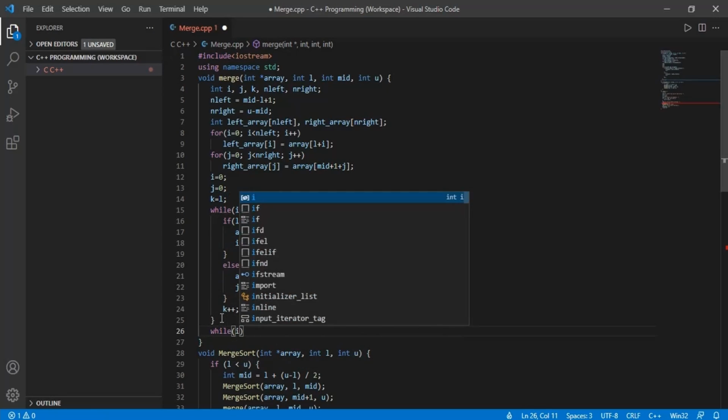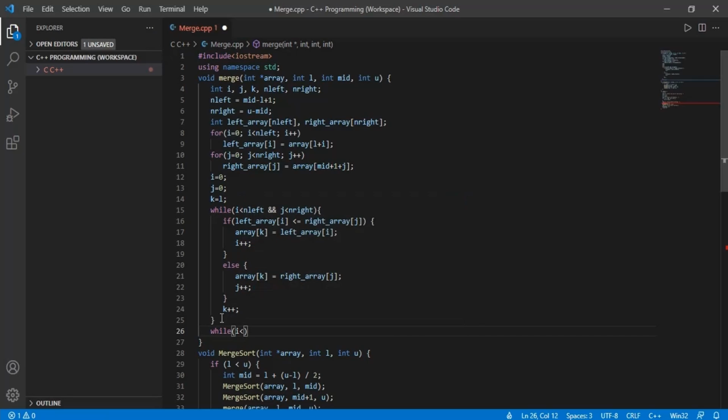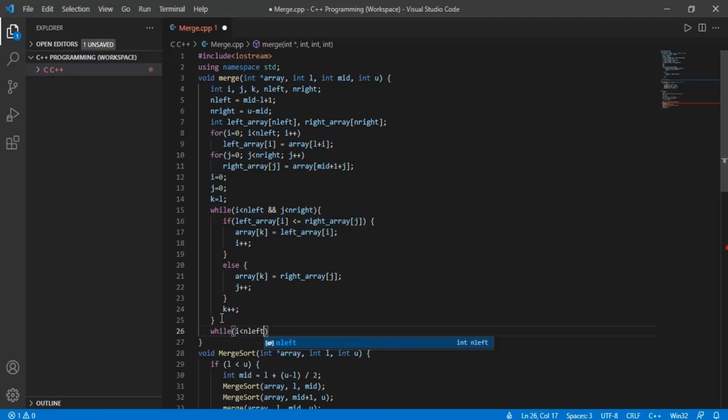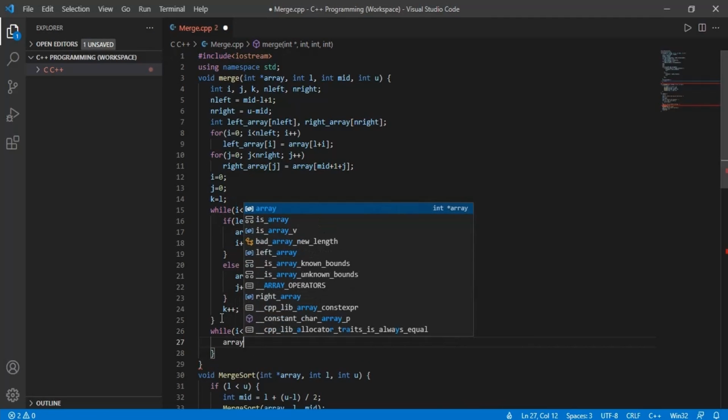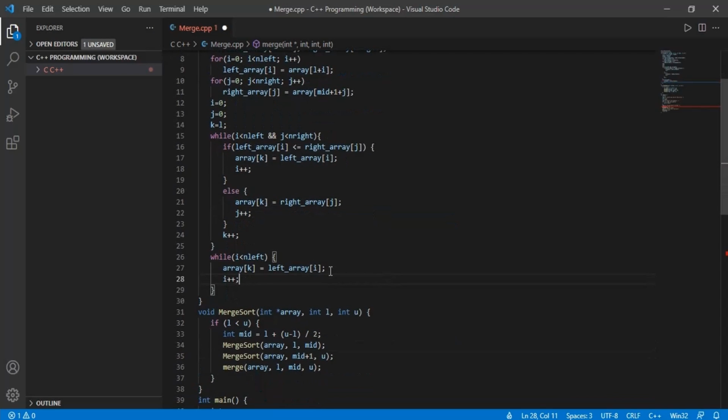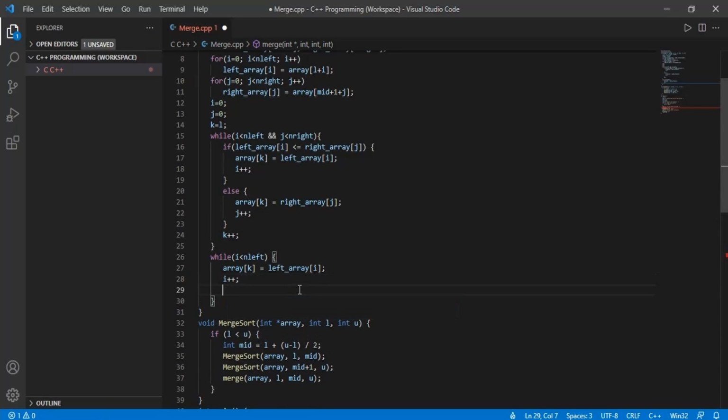So now the condition will be i less than nLeft, the array of k will be equal to left array of i, then we'll increment the i value again, and as it is an individual while loop, we'll increment the k value as well.